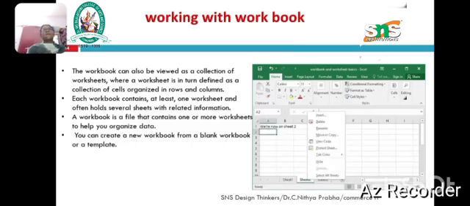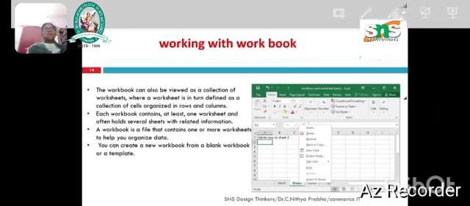In Microsoft Excel, working with the workbook. A workbook is a file that contains one or more worksheets, also known as spreadsheets. You can think of a workbook like a notebook, with each worksheet being a separate page. Workbooks are essential for organizing and managing data in Excel, allowing you to work with multiple sheets within a single file. Next, key concepts in the workbook: the workbook is the main file that holds the data,